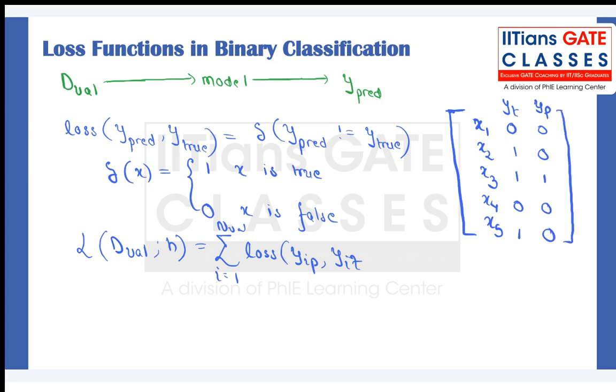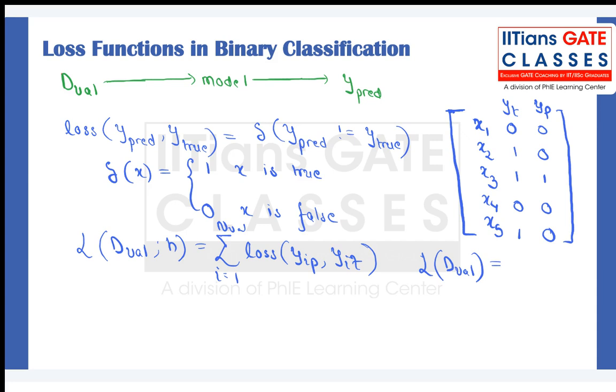This is your data set. You had a set of points x1 till x5. The true value of y was given to you, and your model has predicted the following values. Now, if I ask you what is the loss value for this dval,